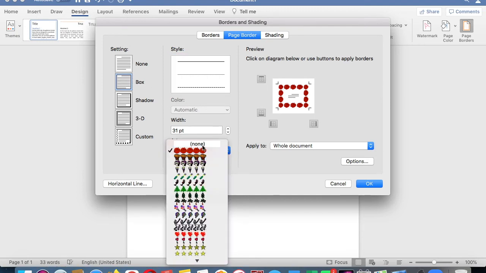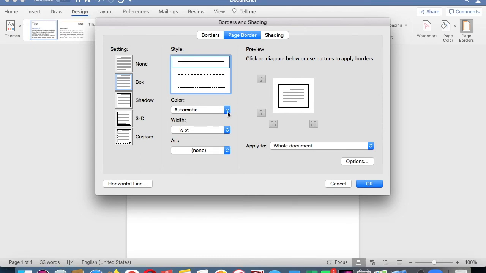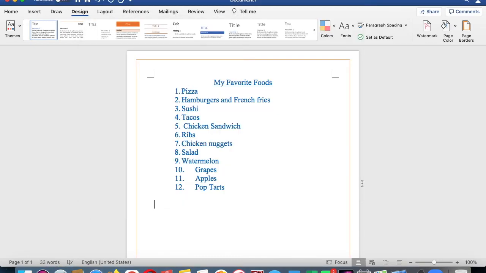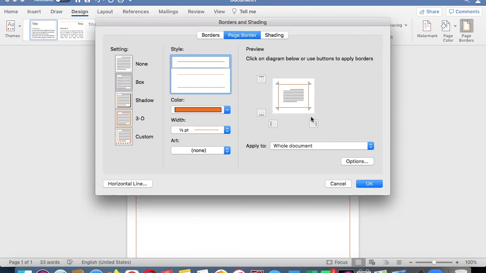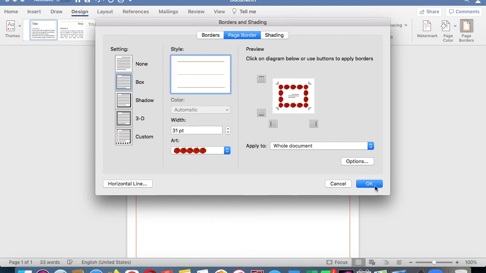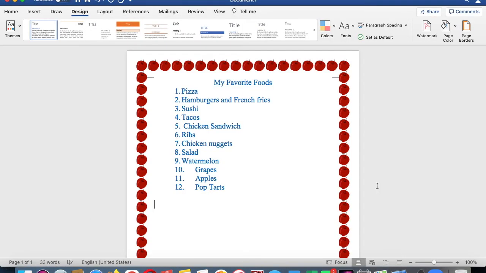If you don't want this one, you can click None, and then you click Box, and you can choose a color if you want. If you want to make it a color, that would give me orange. If you don't like that, what you could do is go to Page Border, and you could make it an apple, because that works with fruit. Okay, or cake, whatever you like to do. So now we have our underlined title, we have our list, and we have our apples on the top, or